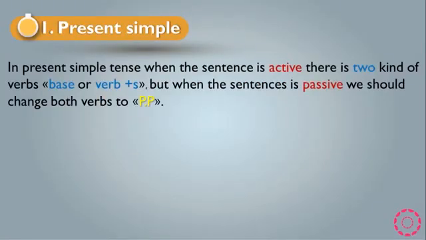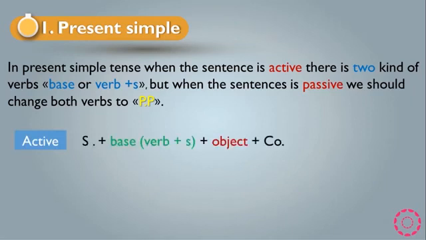In present simple tense, when the sentence is active there are two kinds of verbs, base or verb plus s, but when the sentence is passive we should change both verbs to past participle. So this is the active rule of the present simple: subject plus base or verb s plus object plus complement. This is the active sentence of present simple, and we have to change it into passive by